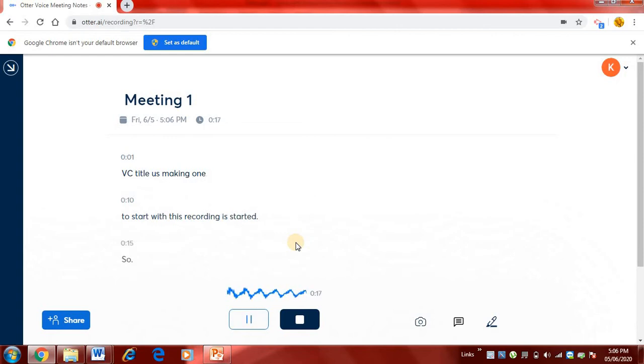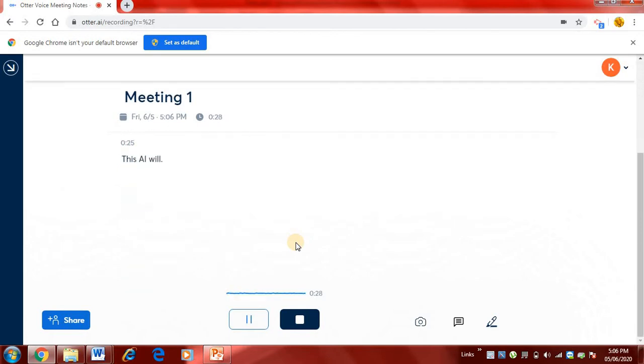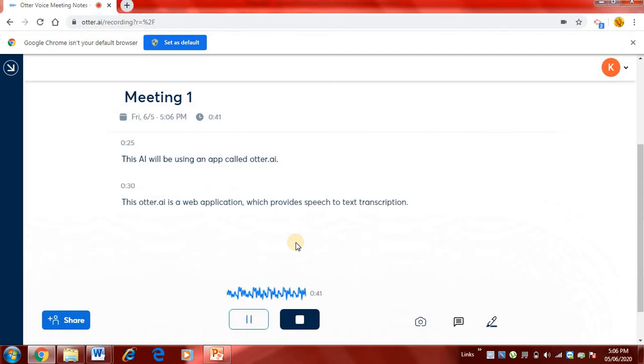So in today's video I'll show a demonstration on how I do transcription automatically using AI. This AI will be using an app called Otter.ai. This Otter.ai is a web application which provides speech to text transcription. This Otter converts live speaking into written transcription.